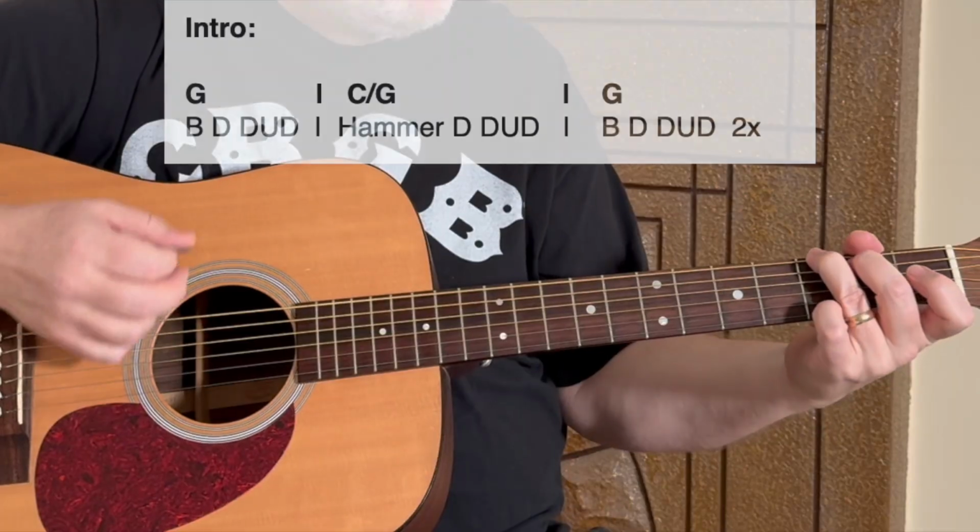So to finish out that intro, he does the bass down, down, up, down, and then bass hammer down, up, down, and then back to bass down, down, up, down twice. So the entire intro is...